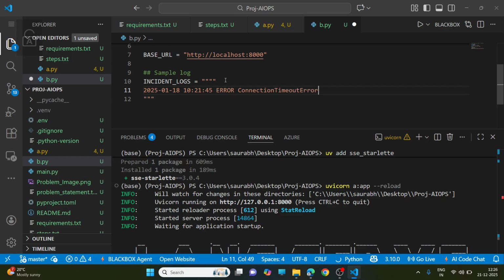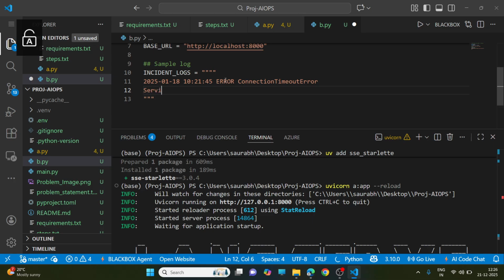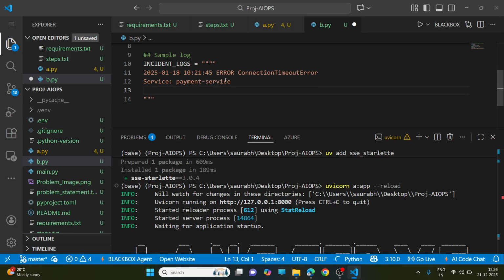Okay, now the service will be payment service, and next is dependency. It will be for Redis cache. Now next is the timeout